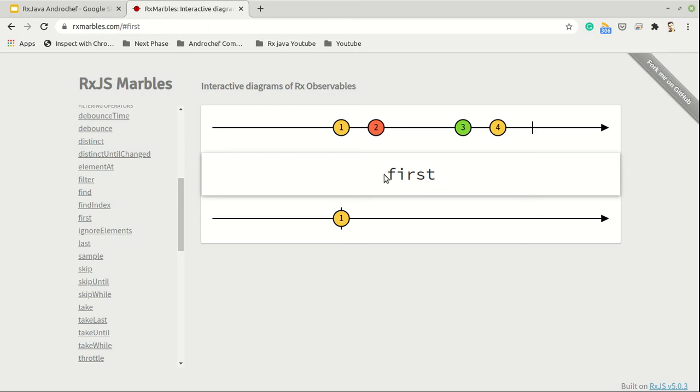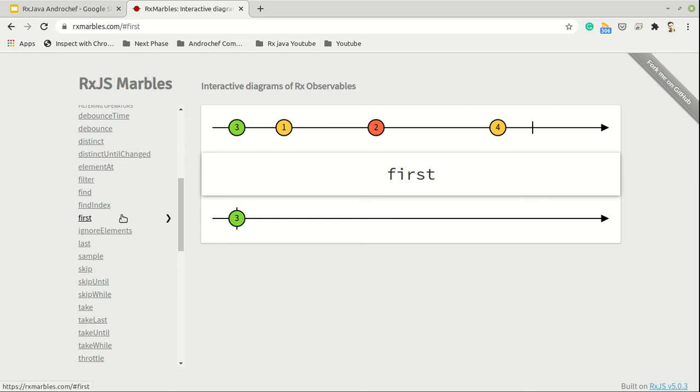What this first operator is doing is taking the first data and emitting only the first value, right? Now as you can see, these diagrams are interactive, so you can play with them. When you place 2 before the 1, now the first is 2, so the output will be 2. If I move this one, now the output will be 1. If I move 3, as you can see, now 3 will be our first value.